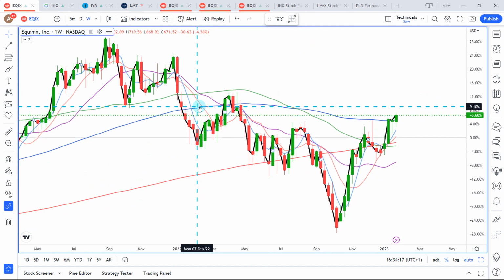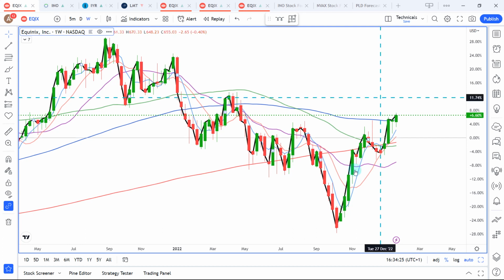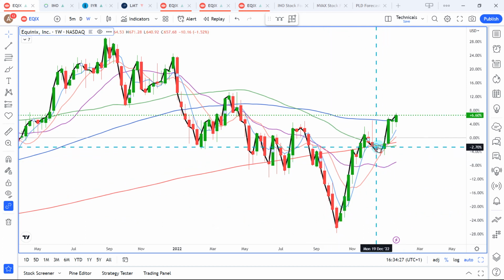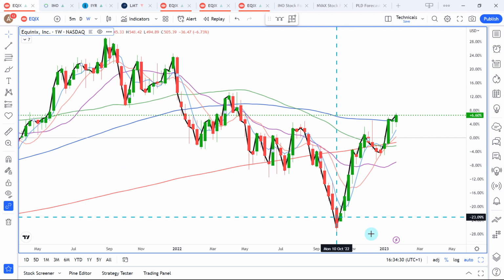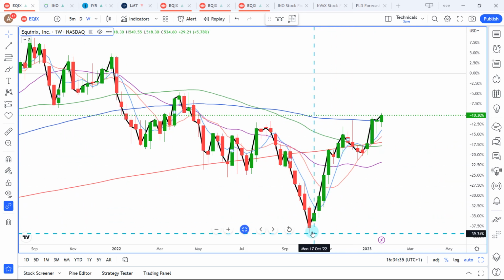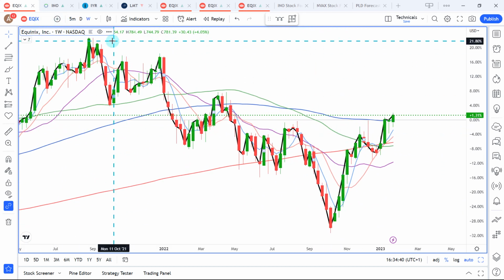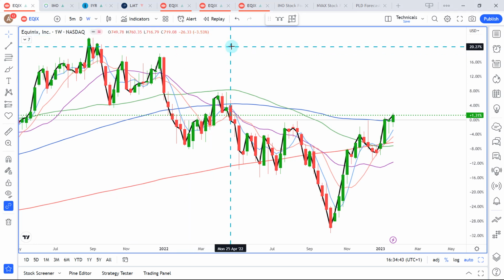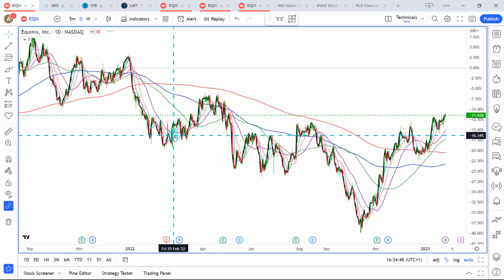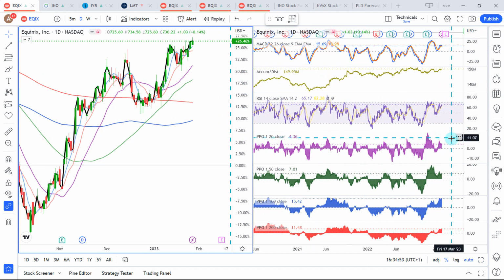On Equinix, we do have an inverse head and shoulders pattern in development, which is bullish. Ideally, you want to get in near the head or one of the shoulders. Well, the right shoulder, because you don't want to be part of the head forming, unless you get in near the bottom of the head. But in this case, we have seen a strong rally. Are we overbought? Let's see. No, not yet on the weeklies. On the dailies, we are using the 200 daily moving average as a support, which is constructive,